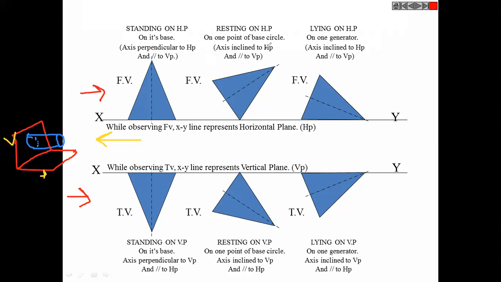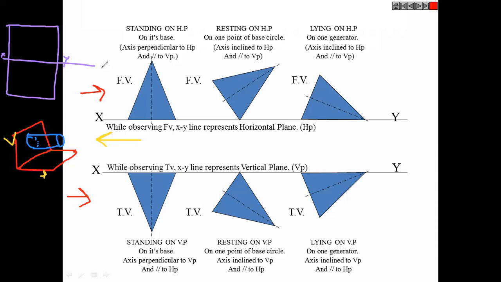Now you need to answer me where you will be able to see its front view. I have also given you the direction of VP. Very good, so it will be like this. If this is my unfolded VP and HP, this is the line of intersection, that will be X and Y. So what will be my front view? Anyone please draw on my screen fast, on that particular box.